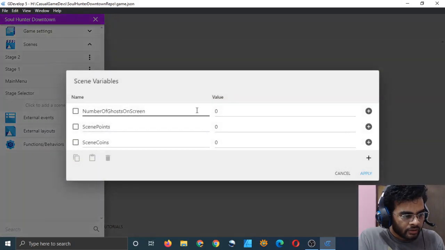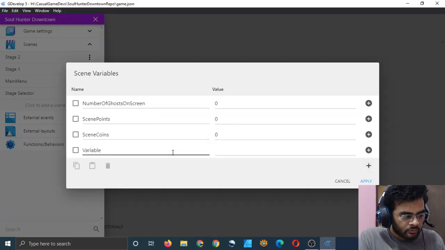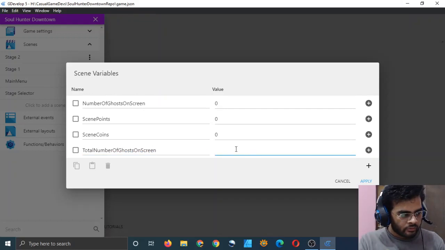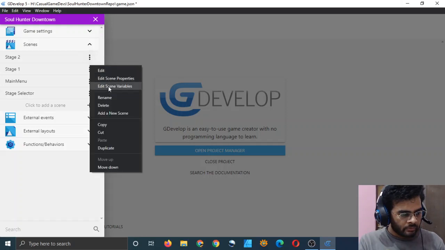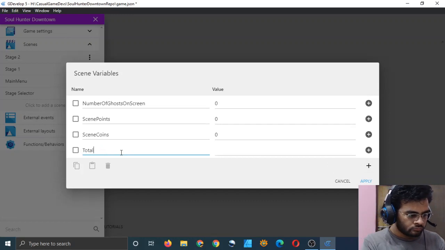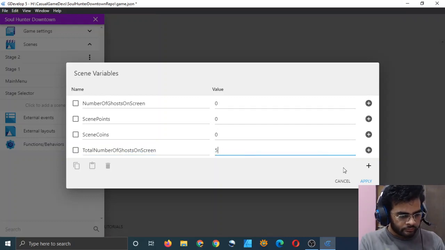So edit scene variables. We have number of ghosts on screen here, and we have to add total number of ghosts on screen. For stage 1 it will be 3, and for stage 2 let's make it 5.